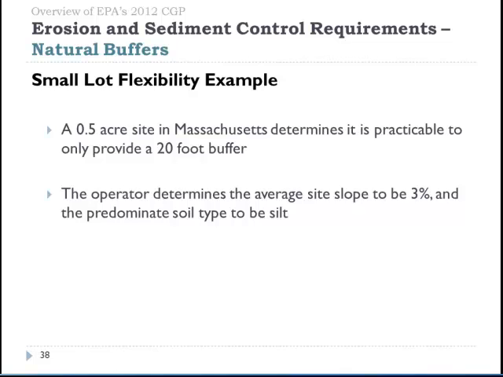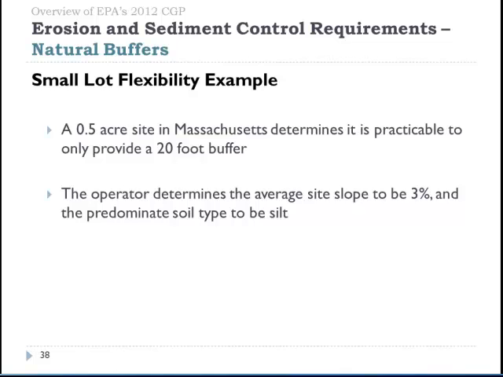Next, I'd like to go through an example of the flexibility we provide to small lots in Appendix G. We actually developed 2 small residential lot compliance alternatives in our appendix. The first is a straightforward approach that simply specifies the controls that a small residential lot would need to implement based on the buffer width that they're retaining on their site. The second is a risk-based approach that specifies the controls that would need to be implemented based on the buffer width retained and the site's risk of sediment discharge.